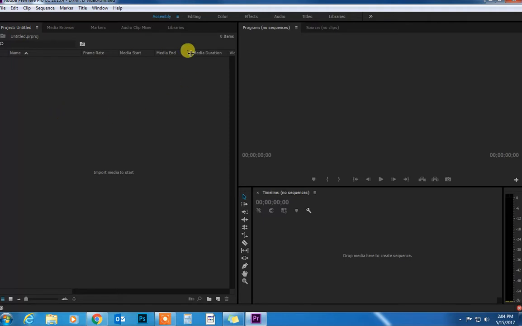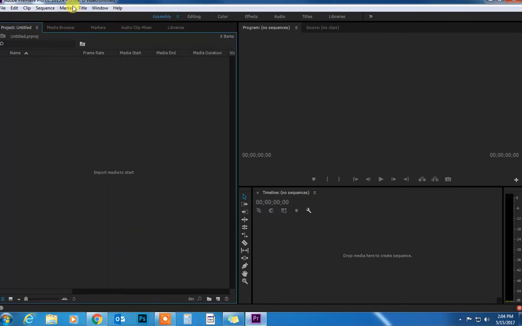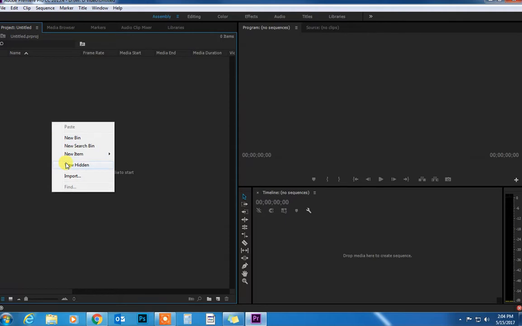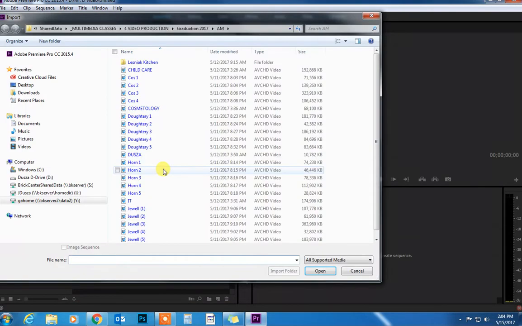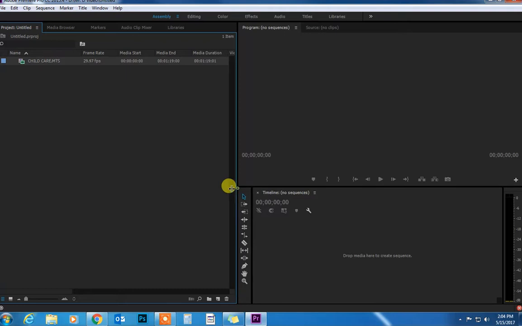Then in your workspace, it opens up in this assembly tab, which should show this project panel on the left. If you are missing that project panel, you can just go in here and make sure that it's checked off, and then you can go right ahead and start importing your clips into there. So what I would probably want to do is then select that clip, and today we're going to just talk about